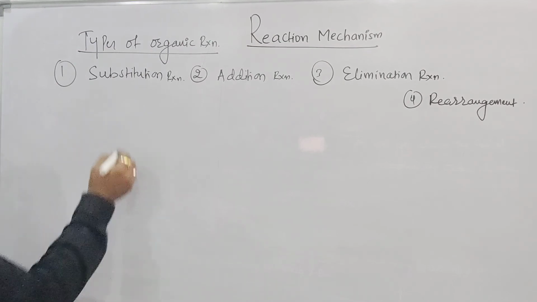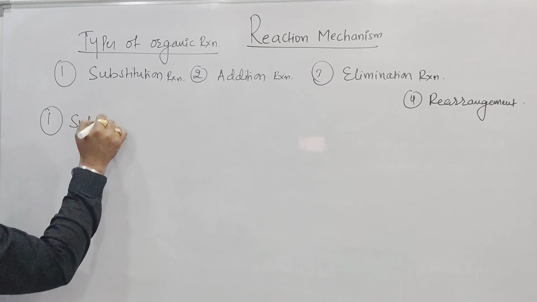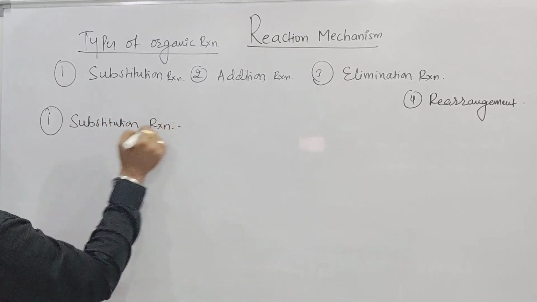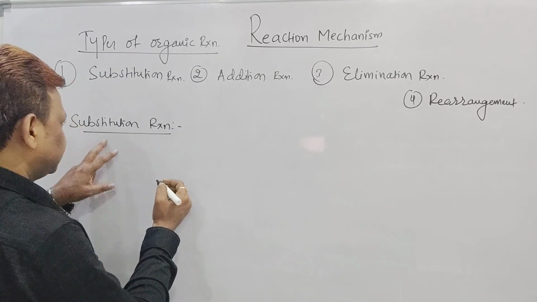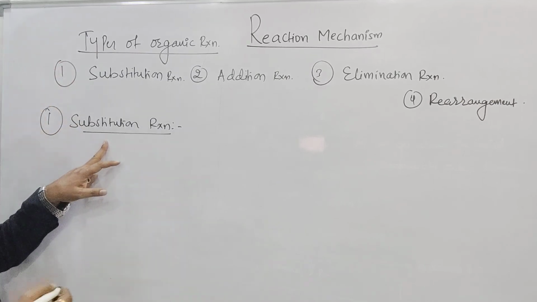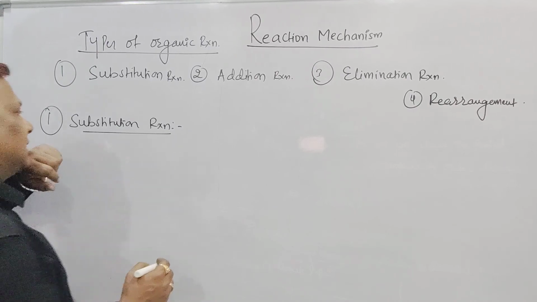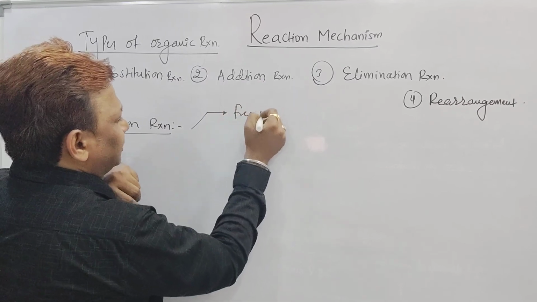But among those, the first one which I am going to discuss in the class is the substitution reaction. Do you know, sir, what a substitution reaction is and where this reaction can be seen? Right, beta? Let me tell you one example here. Substitution reactions can be of the following types. Let me tell you, beta. There is the free radical substitution reaction.